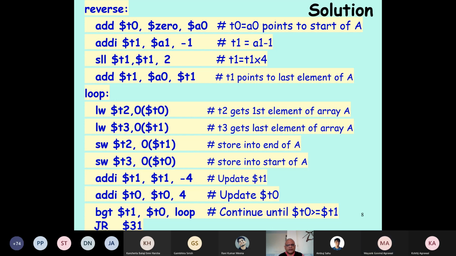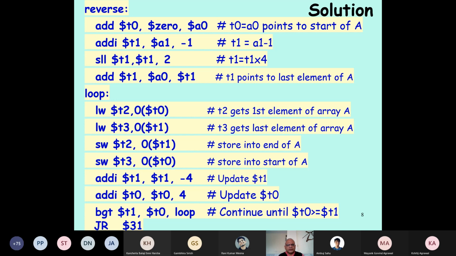For the last element, we subtracted 4 from T1, and that decrements the last pointer, and we incremented T0 by 4, that increments the start pointer. And then we have to have this loop conditional here.